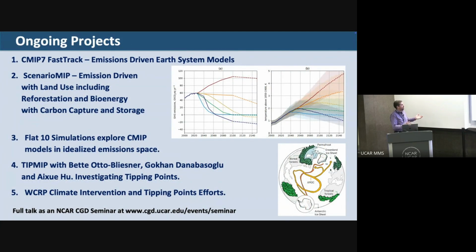interactive mission-driven simulations for. So we've got CMIP7 fast track. Can we look at the new drivers? Can we use CESM2.1.5 as a case study for that? Flat10 simulations, which we did with Charlie and others, looking at what happens in idealized emission space. And we're also using this model for TIPMIP, or the tipping points efforts. And with that, I'll turn it over to